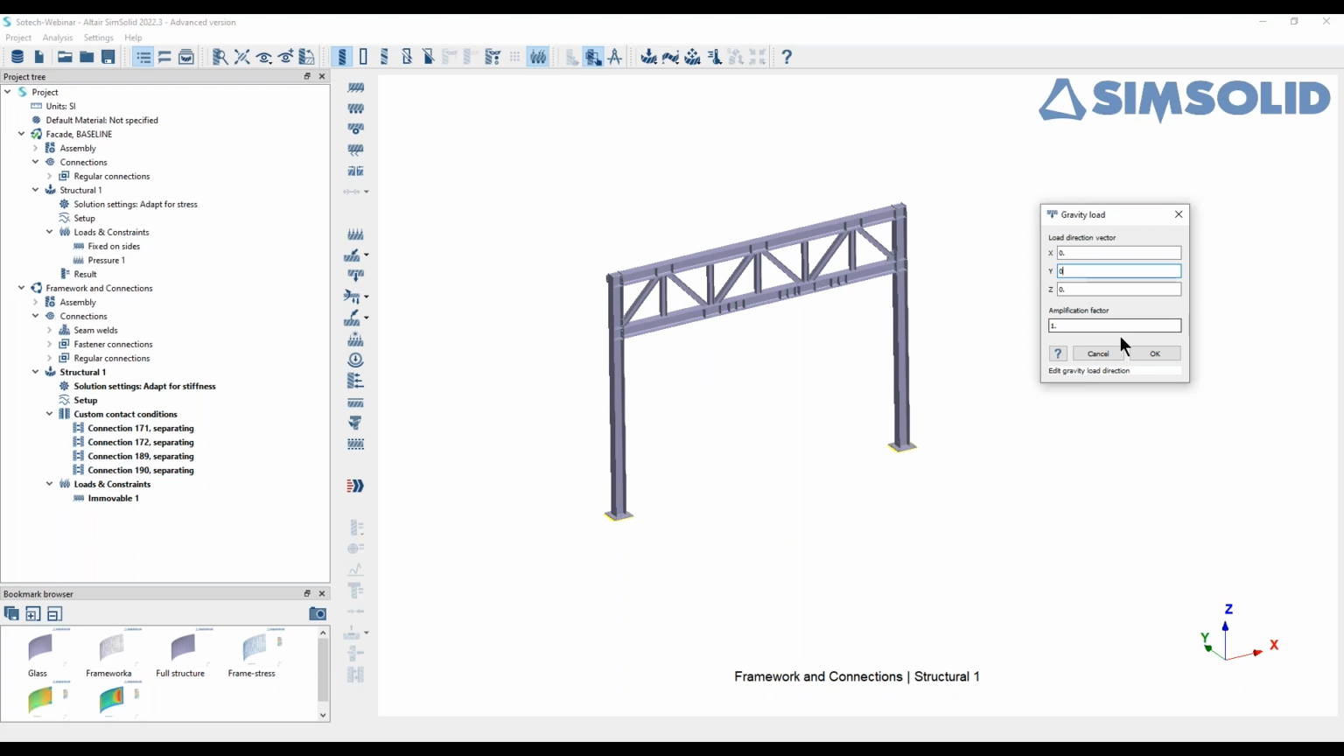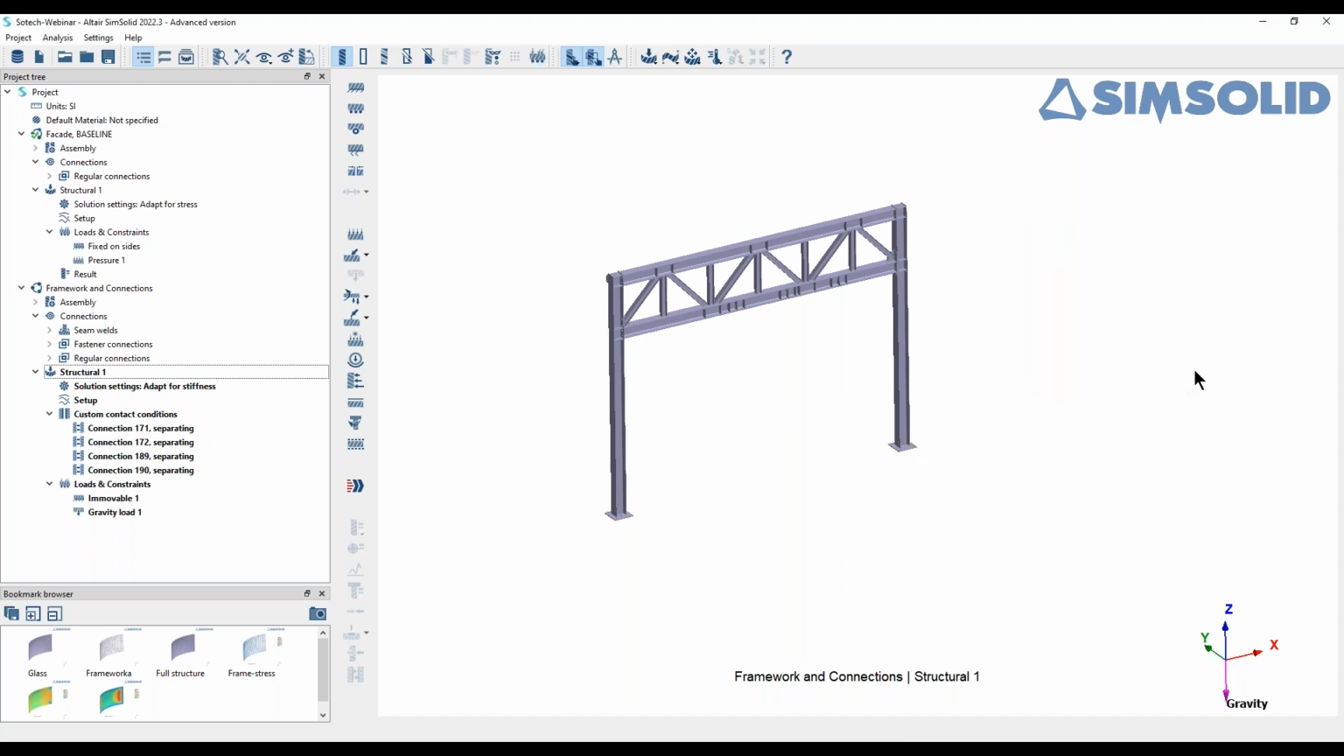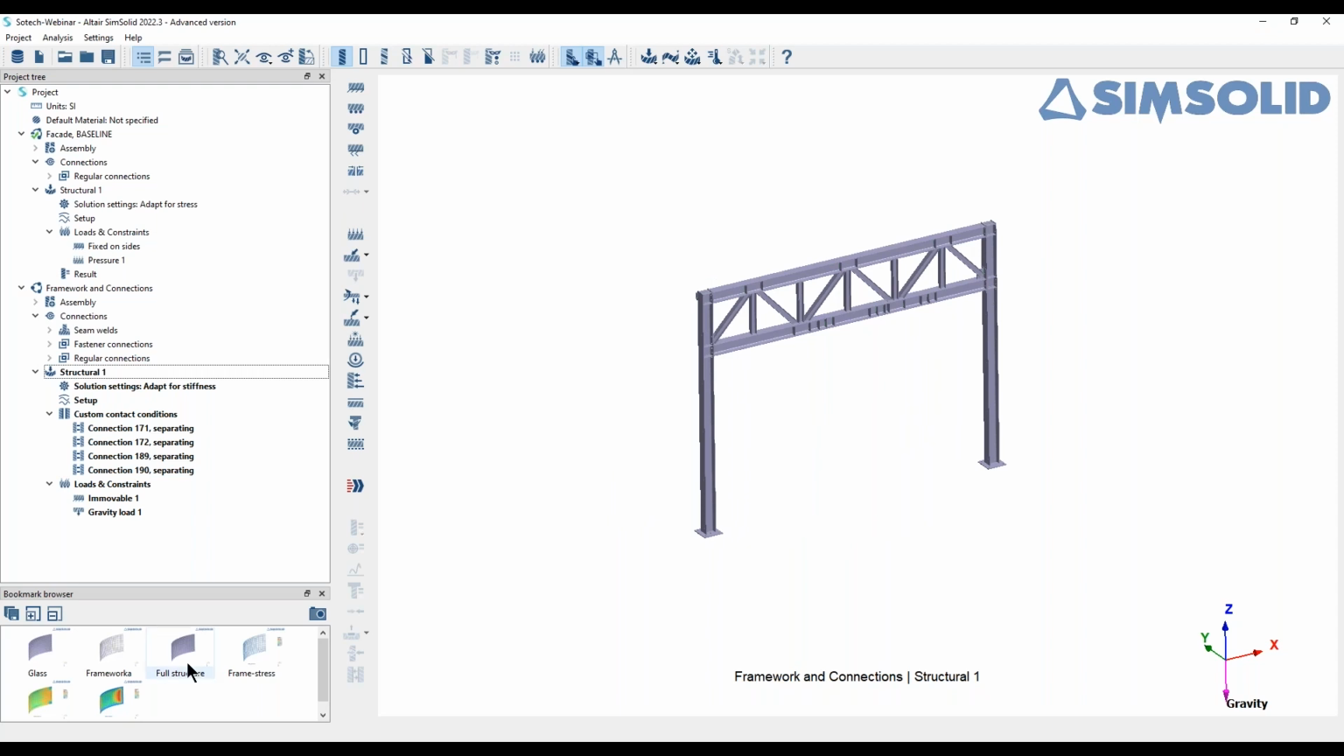And now we're going to specify it in the -1 direction. Okay, so gravity's been defined, the constraint's been defined, and everything's been defined. So we can simply run the analysis. If I press run here,